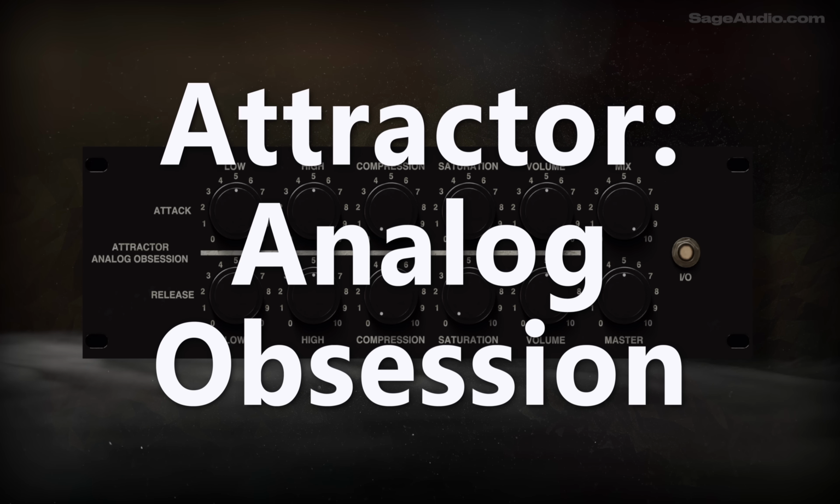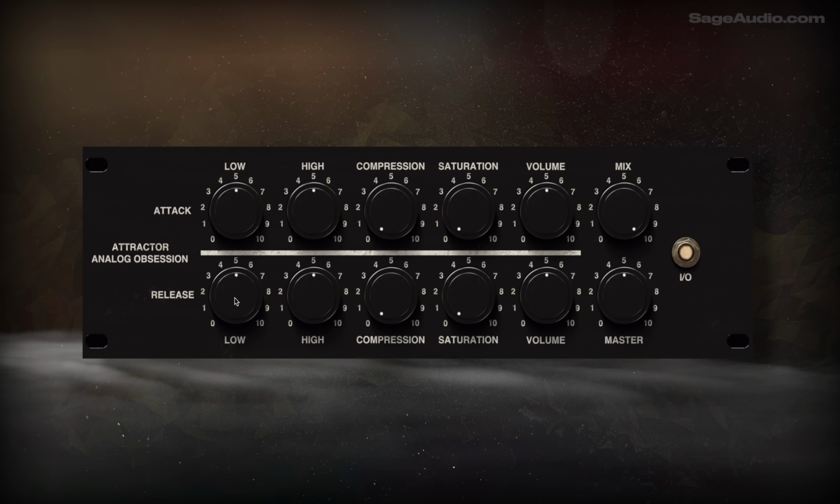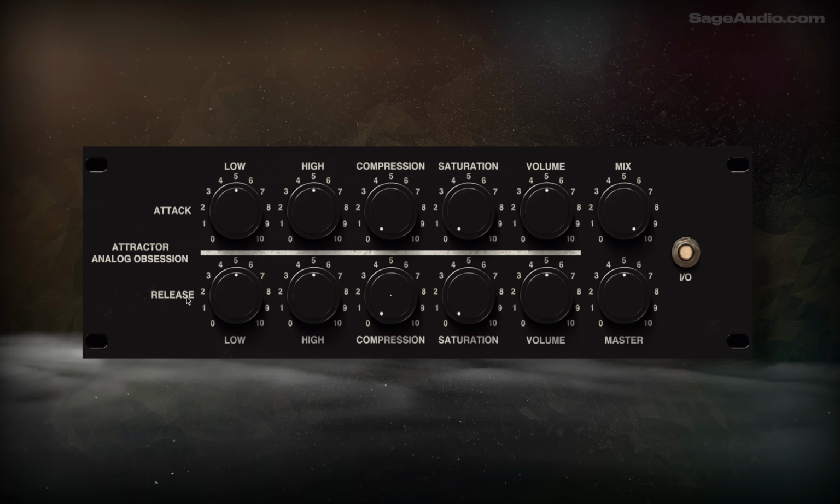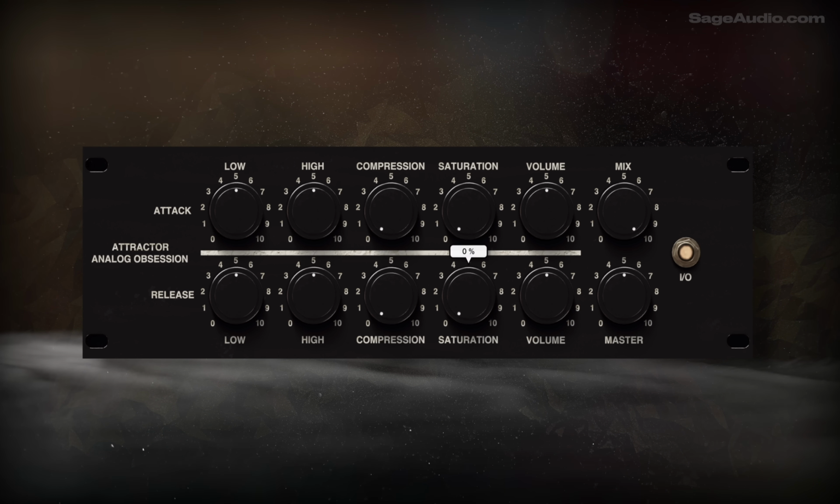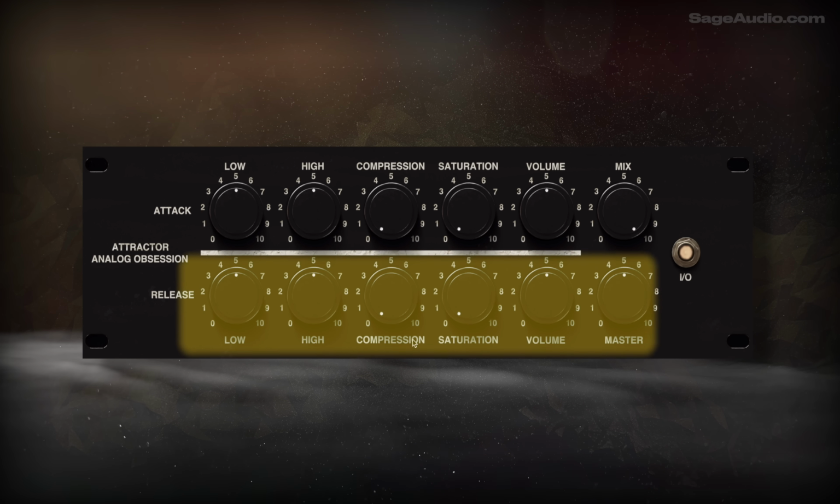Next up, let's talk about Attractor by Analog Obsession. So Attractor is a brand new plugin that lets you process the attack and the release of the signal separately. With it, you can determine how much compression is introduced to either, if one section is saturated while the other isn't, and so on. Now, I'm still experimenting with this plugin, but so far I've noticed that a mild amount